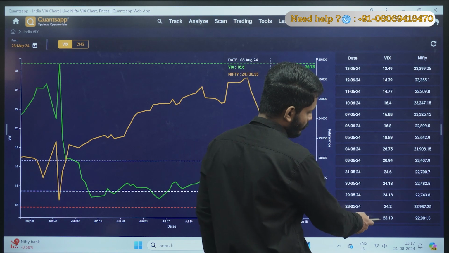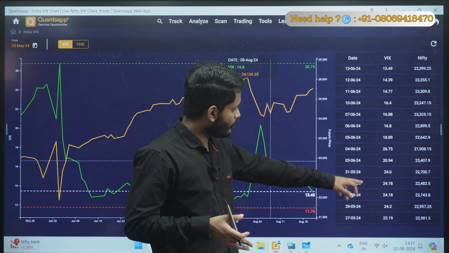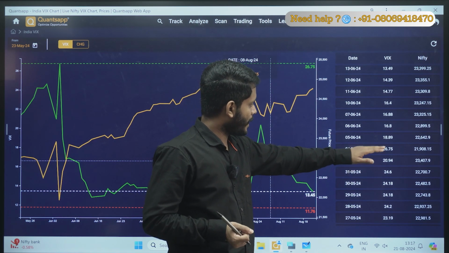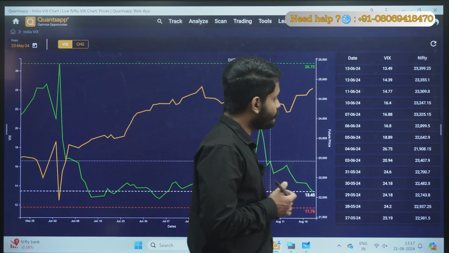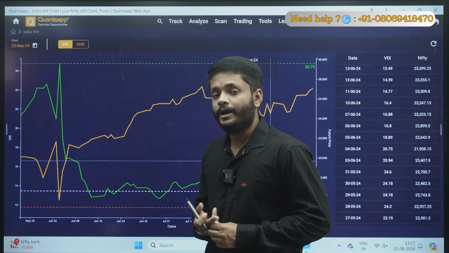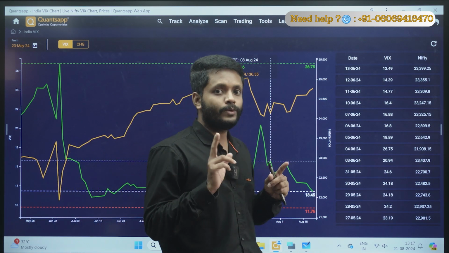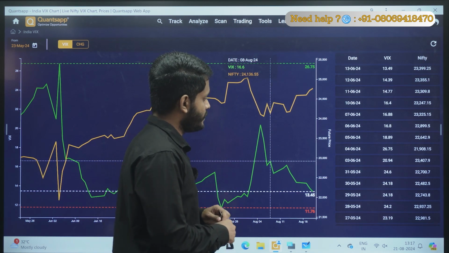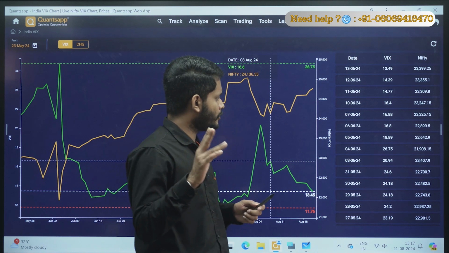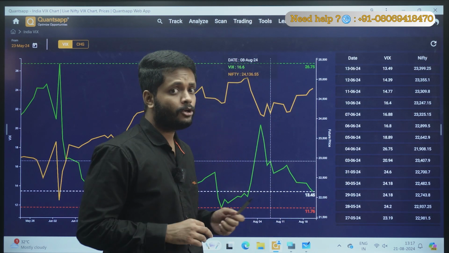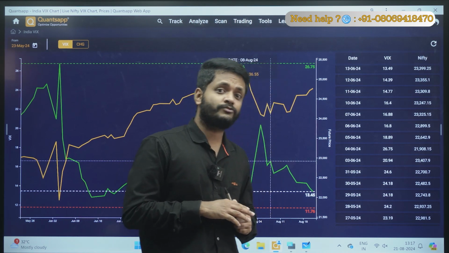From 27th onwards, India VIX was continuously trading around the 25 mark. 23, 24, 24, 24, dropped to 20, again 26 on 4th June. So as I said, whenever the VIX shoots up, especially if it is above 20 or nearing 25, you can expect a sharp fall. It is always a sign of caution. Around this point in time, we witnessed a huge fall from 23,200 or 400 levels. On 4th June, we made a low somewhere around 21,500, if I am not wrong. So there was a 1700 points fall.